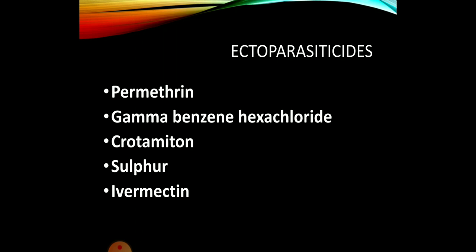Gamma benzene hexachloride, which is commonly used in block primary health centers or primary health centers at 1% strength, is a cost-effective drug, whereas permethrin and ivermectin are commonly used in city practice, where usually a combination is given, or sometimes only permethrin is given to the patients. The advantage of permethrin over gamma benzene hexachloride is it can be used in a child or even an infant. A child less than 2 years old is safer with permethrin. The chance of neurotoxicity is much lesser in comparison to gamma benzene hexachloride.